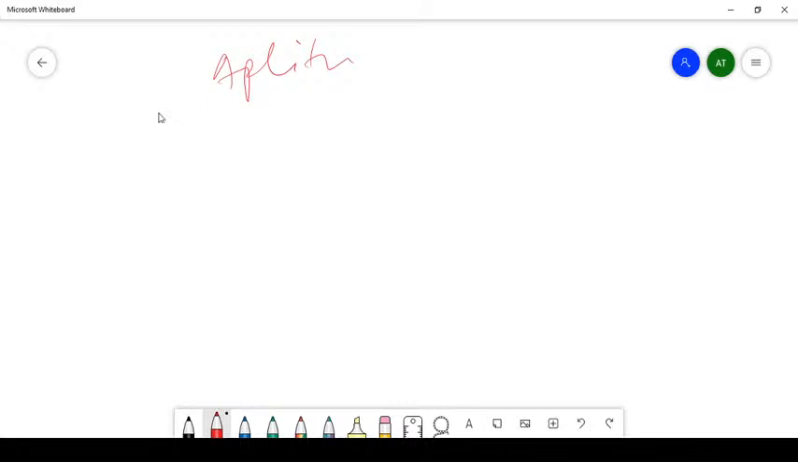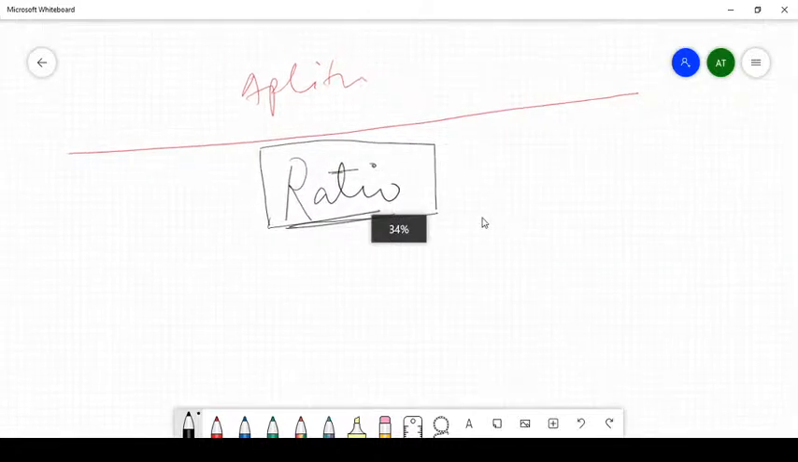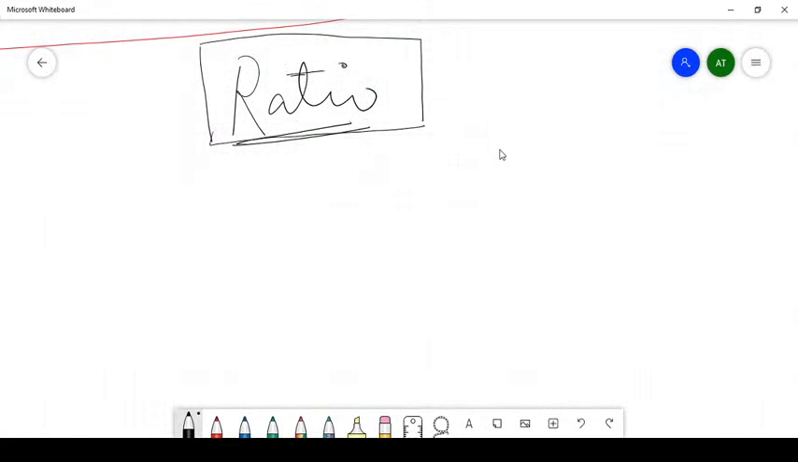See, ratio. What I am saying, ratio is used to compare two quantities, right? Suppose that anyone says that the age of person